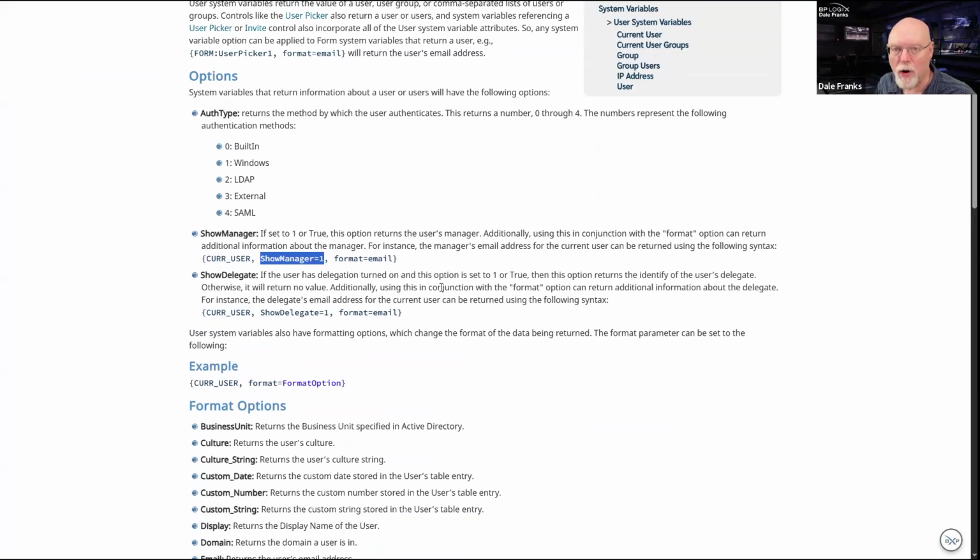And instead of returning my information, usually current user would return my stuff. But if I were to log in and this system variable were used, current user would say, okay, let's find Dale, finds me. And then it sees this show manager equals 1. Okay, I don't need Dale. I need his manager.